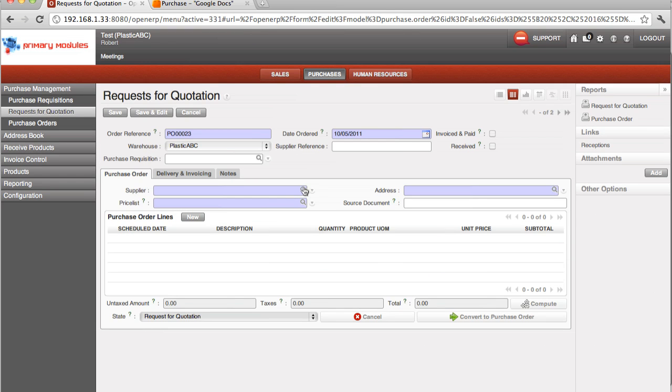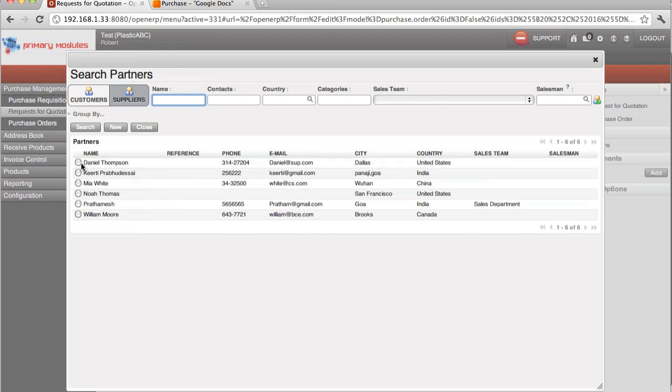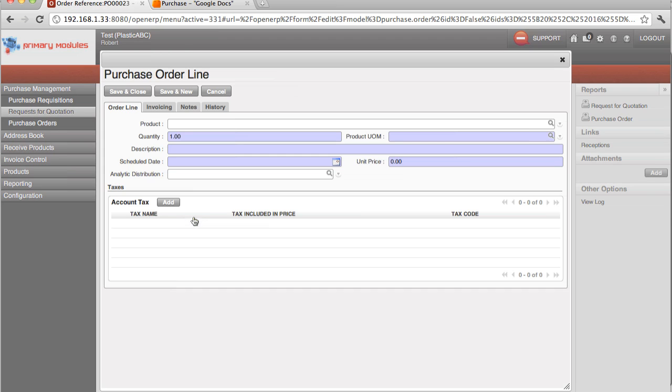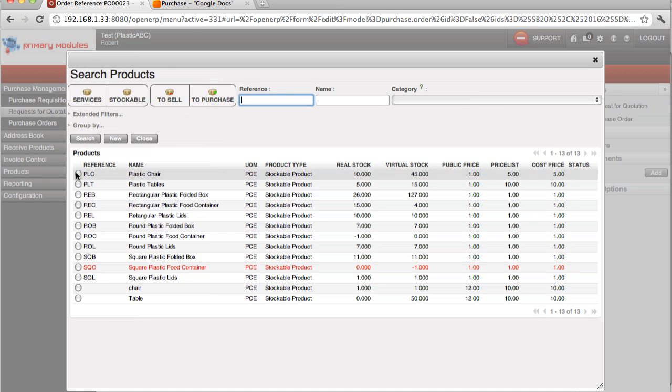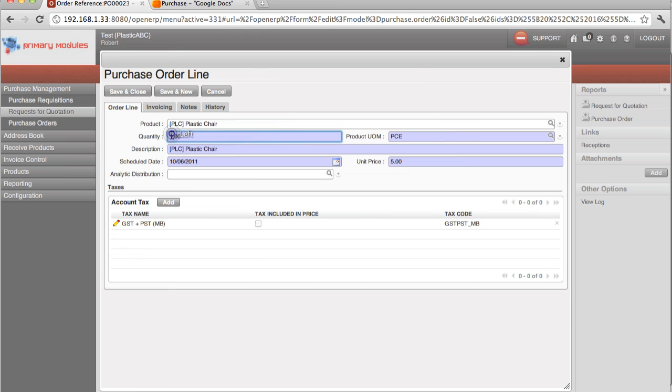Okay, the first thing we'll have to do is select the supplier from whom we would like to buy the products. Say I want to buy it from Daniel. Once the supplier is selected, his other details like his price list and address get automatically populated. Then I select the products that I would like to buy from Daniel. I would like to buy plastic chairs, say a quantity of 10,